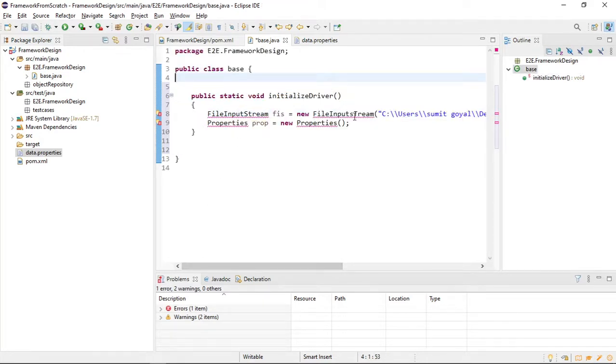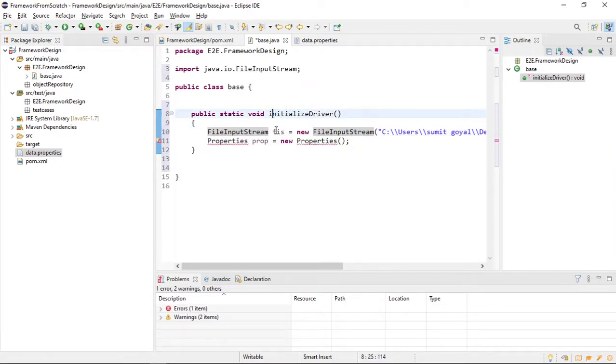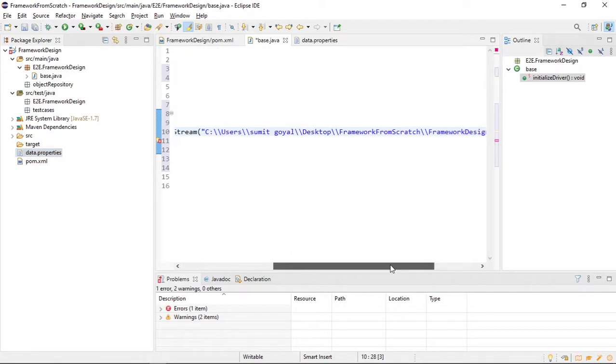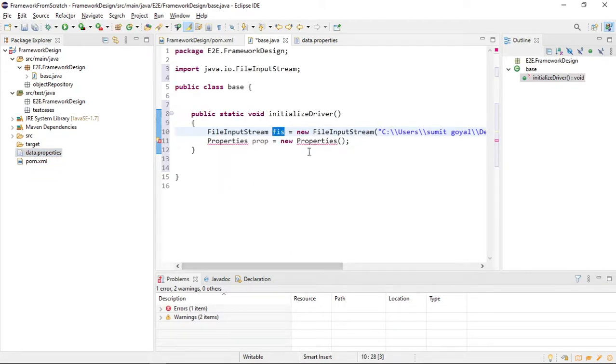So it should be capital S and small t. So if I am providing the properties file path, now this FIS object knows where this file is located. So it is present. And I provide this object here as well. Let me first save it. Okay, so we have to import the